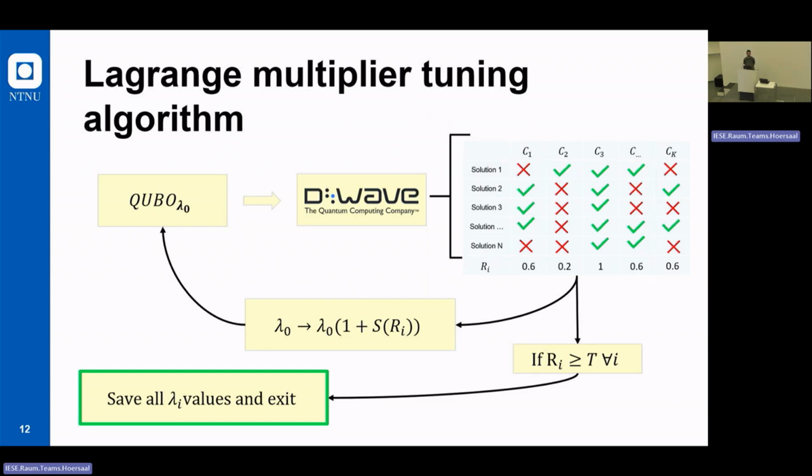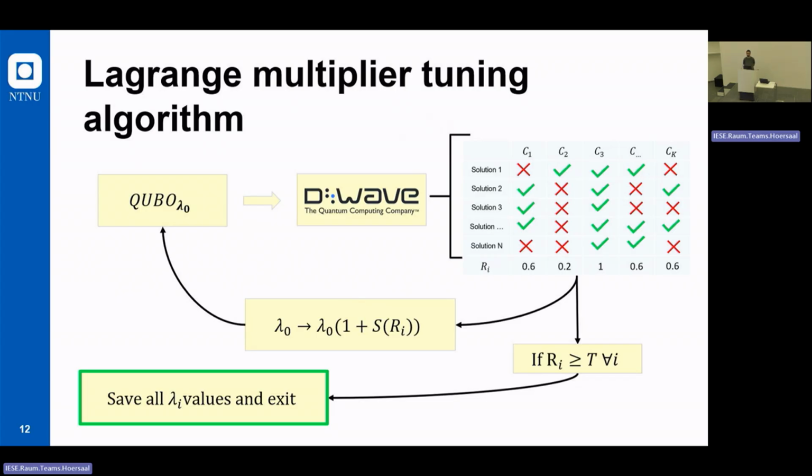So when we go to simulated annealing, as we said before, we need a QUBO, no? Because still we are trying to solve a QUBO. And as we already know, QUBO has this big issue of the Lagrange multipliers. What do you set there? As you said before, Alexei, it's something that you have to make a decision here what to do. So the approach that we decided to take here is to design a simple algorithm that allows us to optimize them. And the algorithm works as follows.